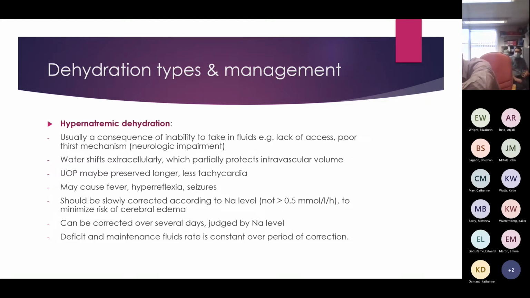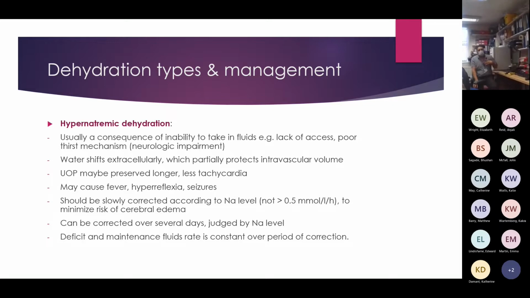Sometimes in patients with neurologic impairment, the thirst mechanism is impaired, and so there's no knowing of how to correct the fluid loss, or the dehydration that is going on, that leads to accumulation of sodium levels